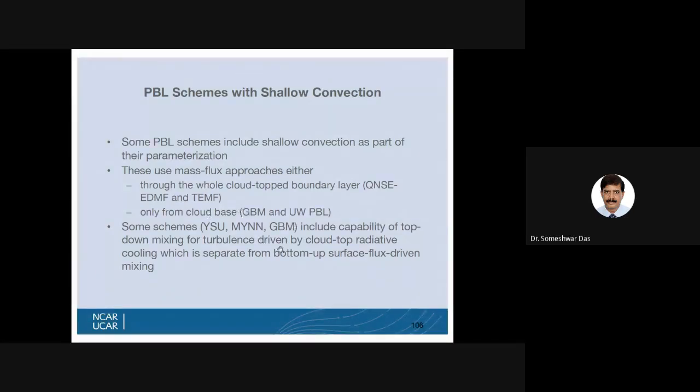The mammatus forms because of that. So this is very important. Some of these schemes have the capability to include top-down mixing of turbulence driven by cloud-top radiative cooling, which is separate from the bottom-up surface flux driven mixing.